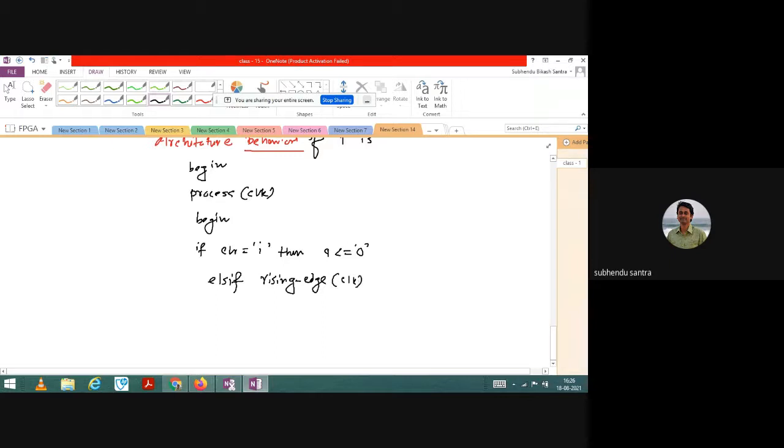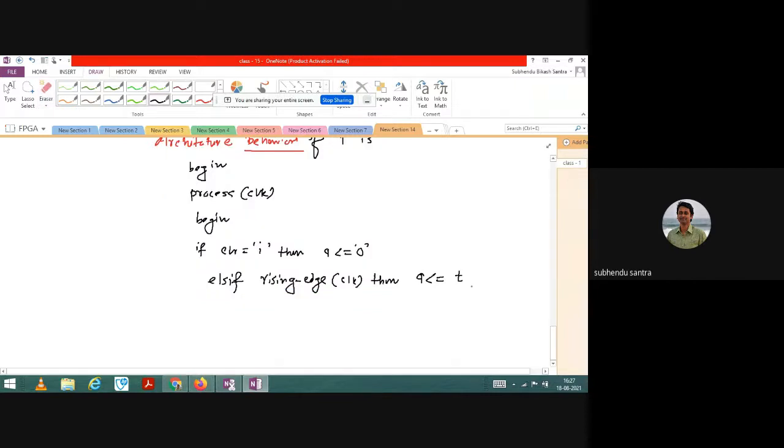CLK, clock. And then what I have to write? If rising edge of clock is okay, then what I will write? Then Q should be equal to T, where T is the input, XOR gate basically. Let me write it properly, not capital.